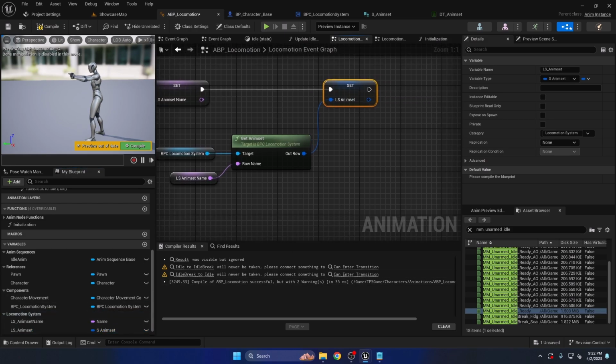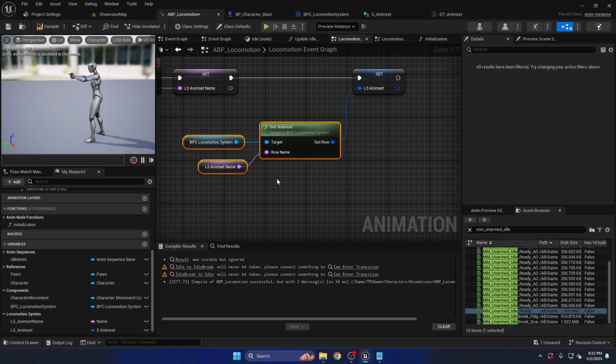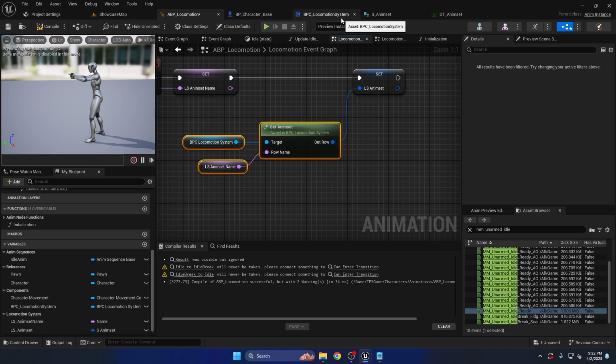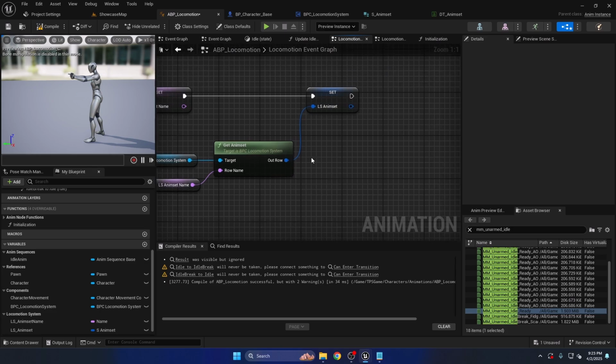Okay, so that's the first step. Actually it's a long step, but that's the first step to have a reference from this BPC locomotion system to our ABP locomotion. Okay, and now since we have that reference,